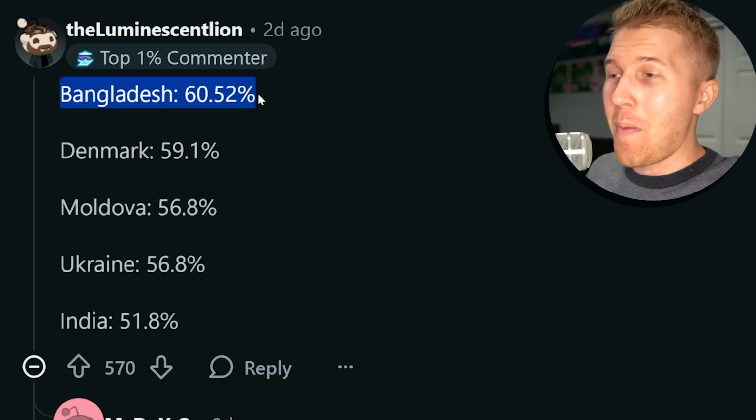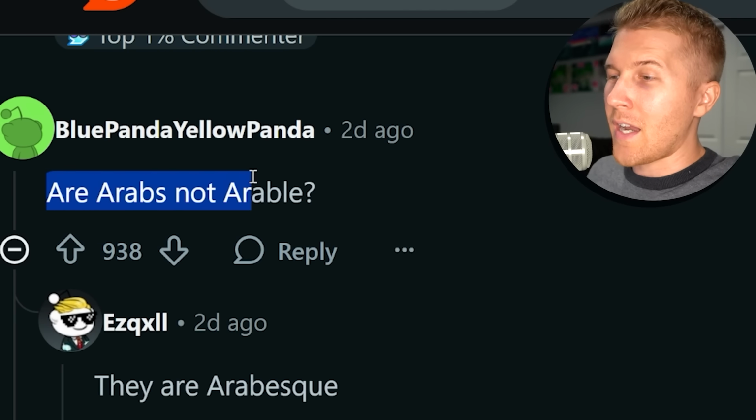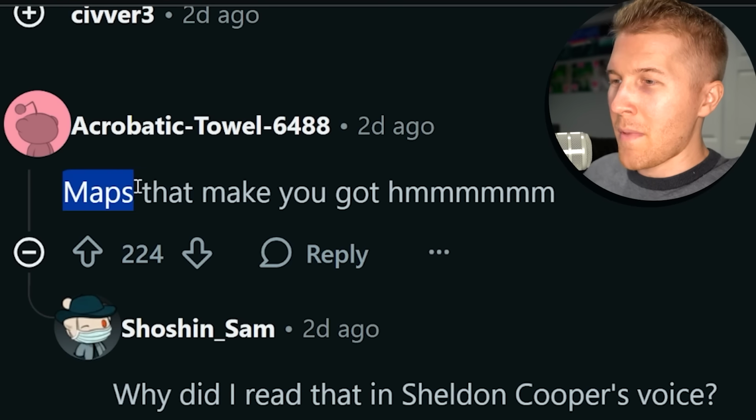Here's the actual breakdown of all the exact percentages. Obviously, Bangladesh just barely hits that 60% mark, but that's still really impressive. Are Arabs not arable? What? Maps that make you go,